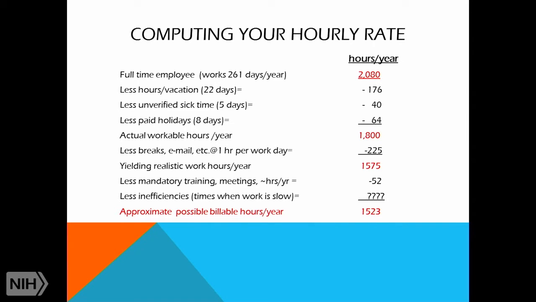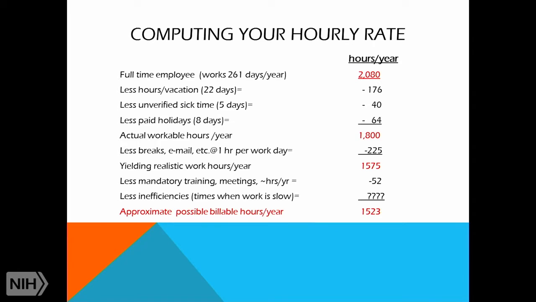Then we're going to take out the paid holidays. There's 8 in a year that we get paid for, so we'll take out 64 hours. That leaves 1,800 hours. So I thought it's practical to take out an hour per work day. That'd be 52 weeks times 5 hours, which is 225 hours out of my 2,080 hours,